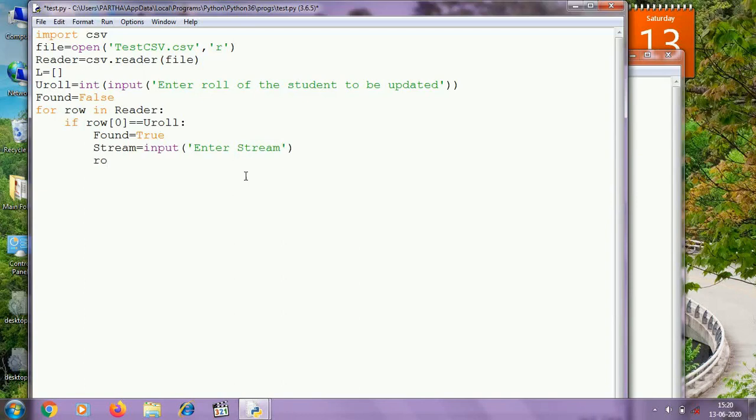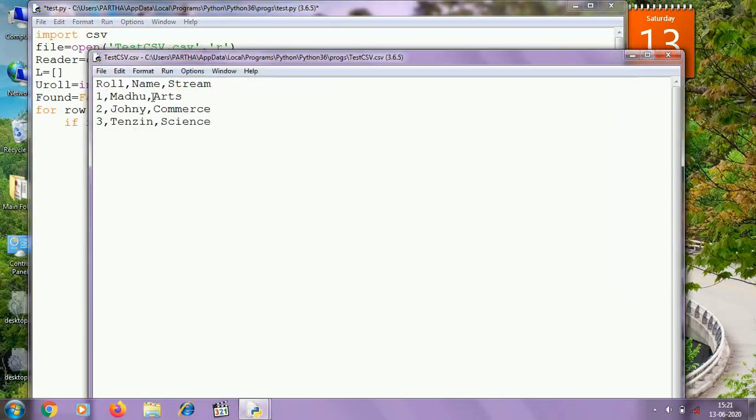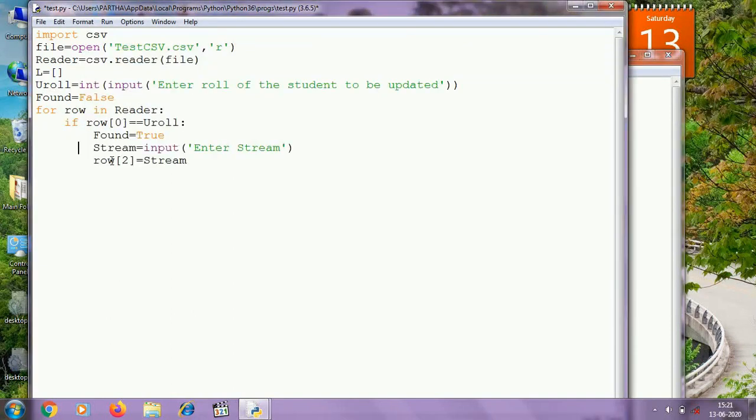And now I am going to change the stream of the student. As I told you earlier that stream is the 2th element of the list. So I am writing row 2 equal to stream. So I am updating the stream of the student, and outside the if I am writing l dot append row, and here I am closing the file.